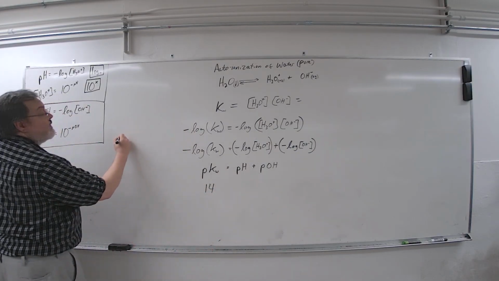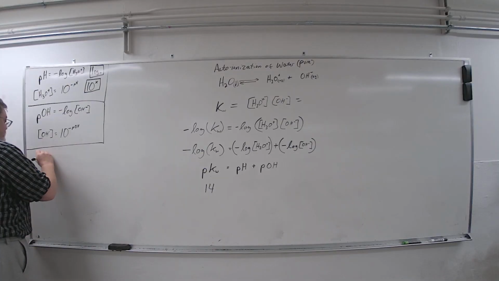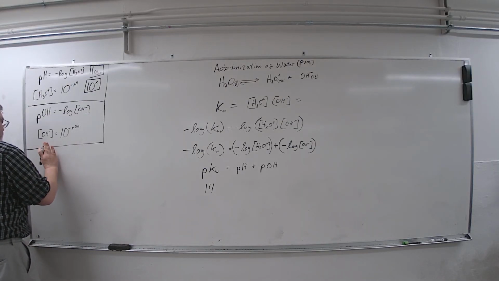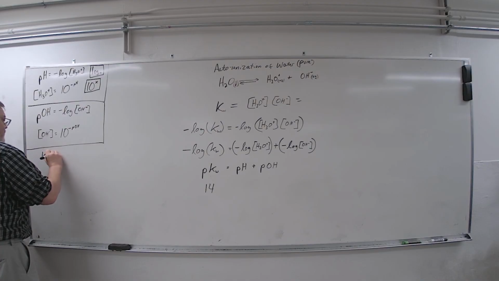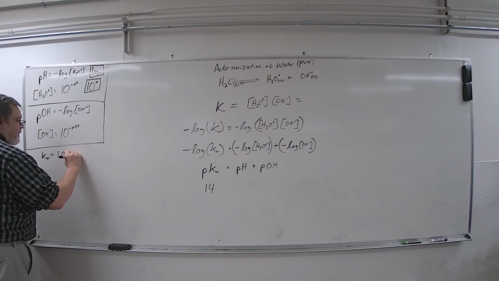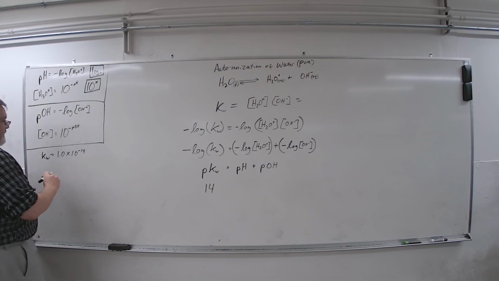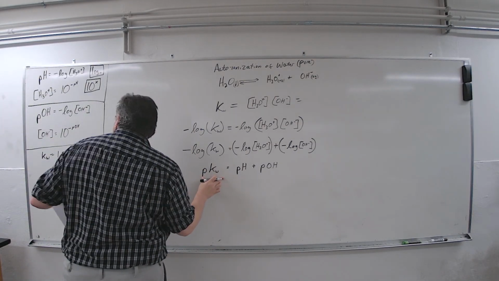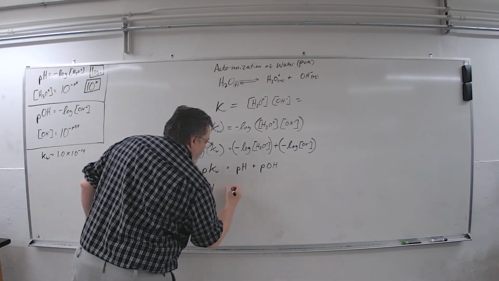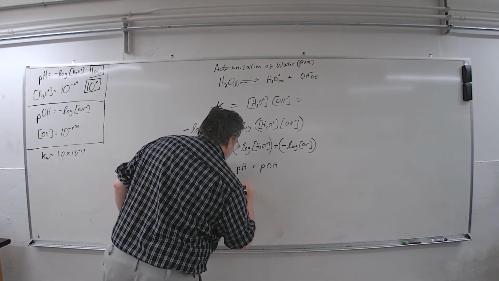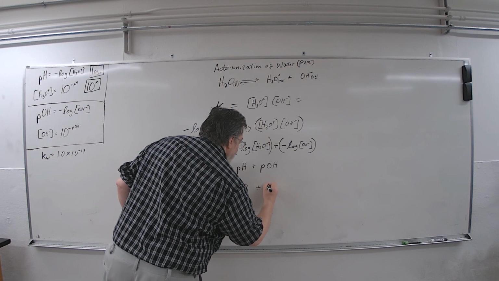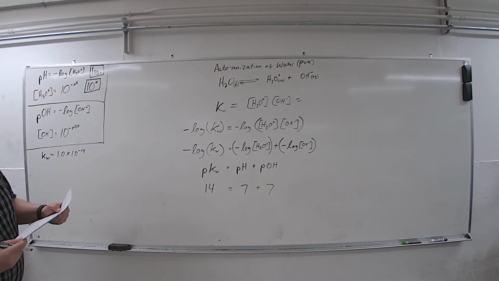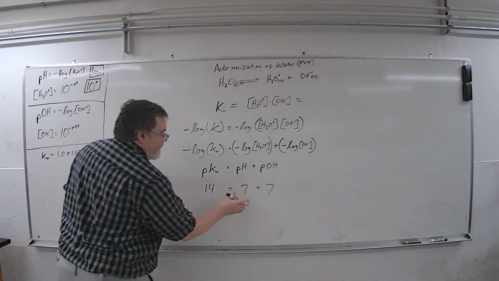KW, the auto-ionization constant for water, is 1.0 times 10 to the negative 14. So the pK of this ends up being 14, which means this one is 7. This one is 7. I guess the definition I want to write here, though, is